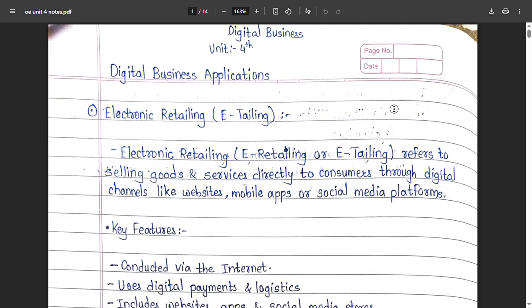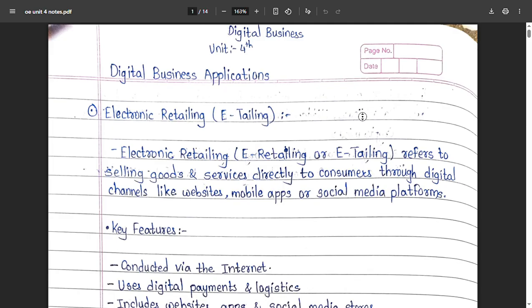That's also an example. Now a real life case: during festivals like Diwali, Amazon and Flipkart offer big discounts through online sales. It attracts millions of customers without opening new physical stores.